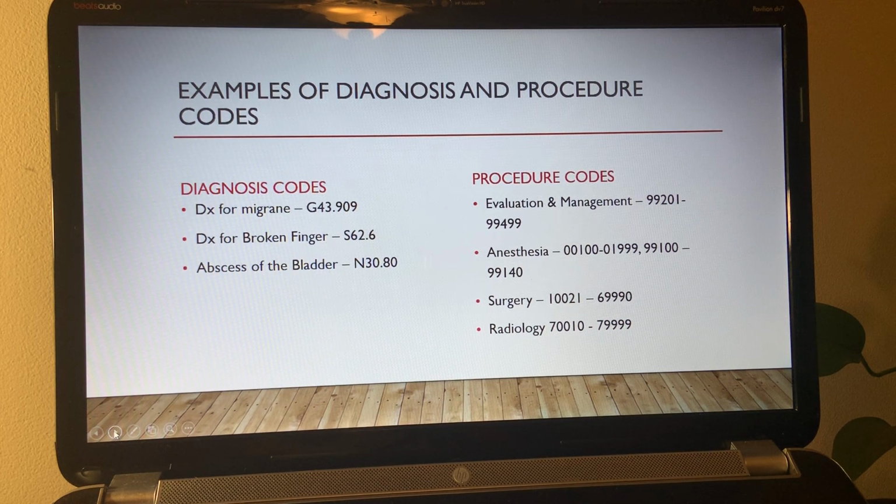Examples of diagnosis and procedure codes. To my left, I have here examples of some diagnosis codes. For instance, diagnosis for migraine. The code that will be assigned would be G43.909. And I also have a listing here for diagnosis for a broken finger, which would be S6206. And the third one I have listed is abscess of the bladder, which is